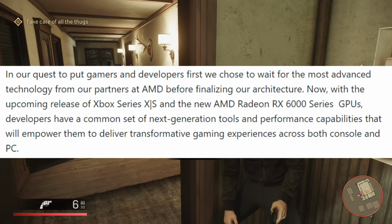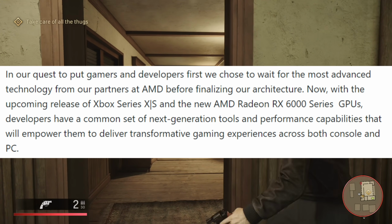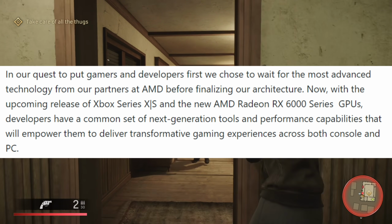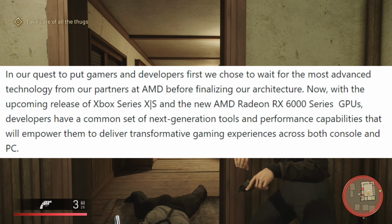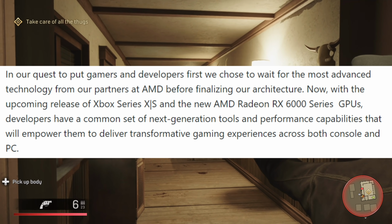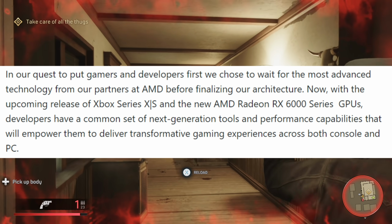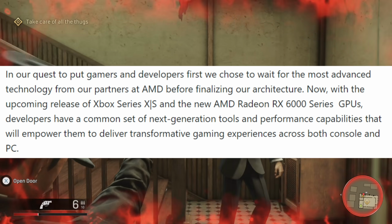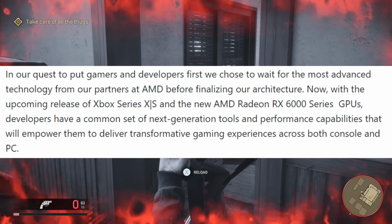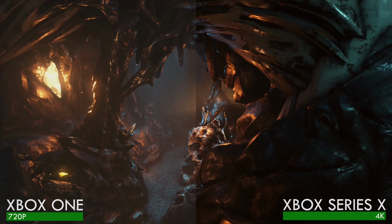In our quest to put gamers and developers first, we chose to wait for the most advanced technology from our partners at AMD before finalizing our architecture. Now, with the upcoming release of Xbox Series X, S, and the new AMD Radeon RX 6000 series GPUs, developers have a common set of next-generation tools and performance capabilities that will empower them to deliver transformative gaming experiences across both console and PC. Now, that right there is the most telling quote from the entire blog post Xbox sent out